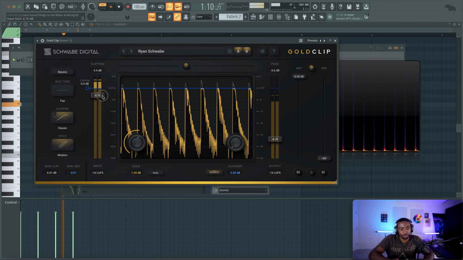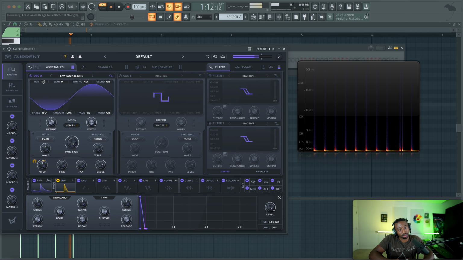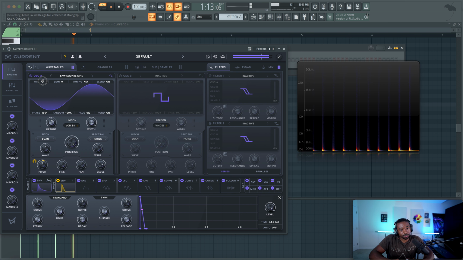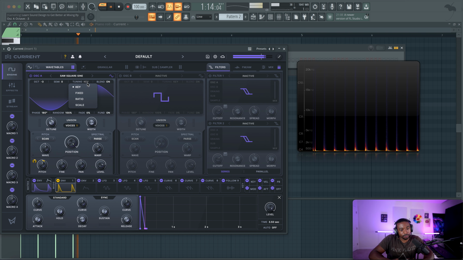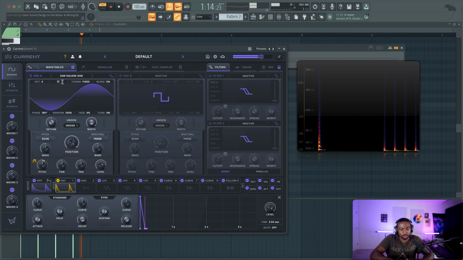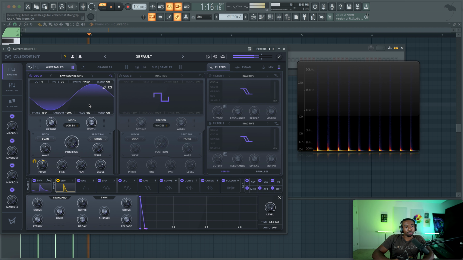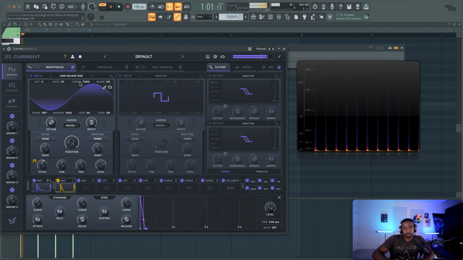Now from here, you would push the kick a lot harder. Again, we don't have time to sit here and go through every little thing about this plugin. We could also do fixed notes, so you could type in the note there. Let's do like C. I don't even know what octave a kick would be. Let's do C2 maybe, C1. Okay, I'm used to the pitch of a kick more than the note value, but we could also do that.